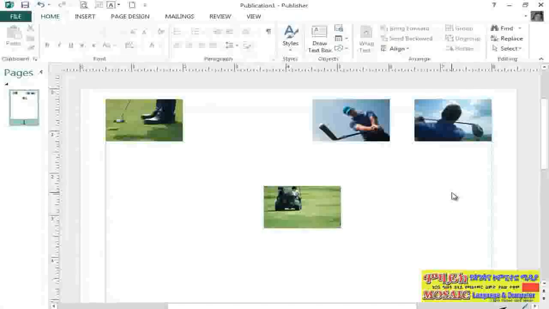This concludes our tutorial on how to move, resize, and crop an image within Publisher 2013. In the next video, we're going to take a look at how to work with the adjustment set